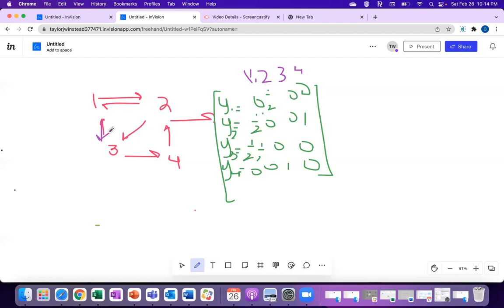Sorry, this should be a down arrow, right? Because this is the column for x2 and this is the row for y1. So the only people who can end up on y1 is 1/2 of the people from the 2 page, right? And from there, they really talk about the idea of distribution matrices,